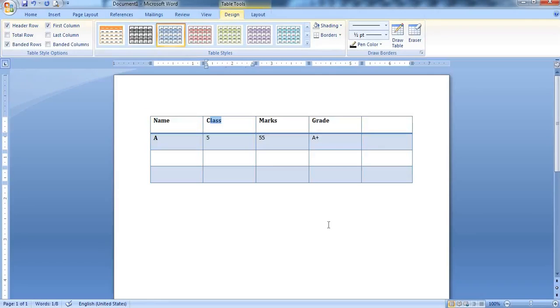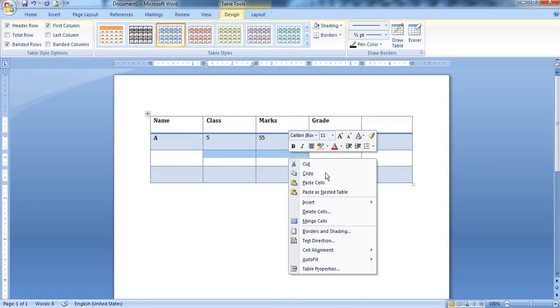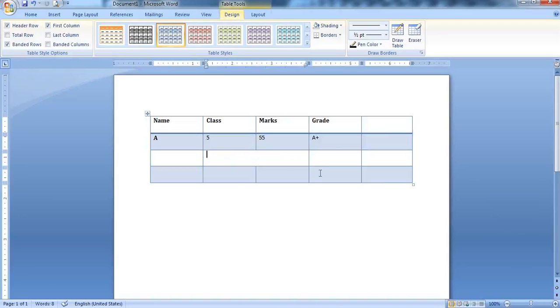Whenever we want to merge many cells into a single one, then we can select the merge option. For that we have to select more than one cell, then right click, then Merge Cells. Now see, it is becoming a single cell.